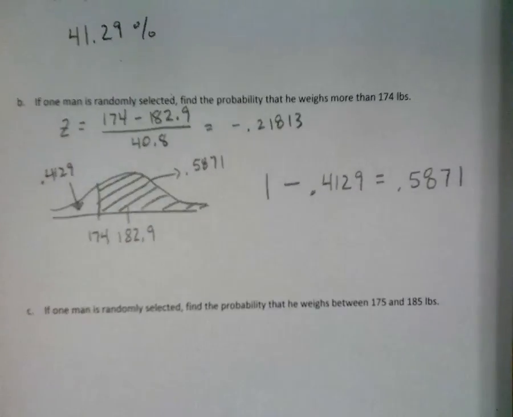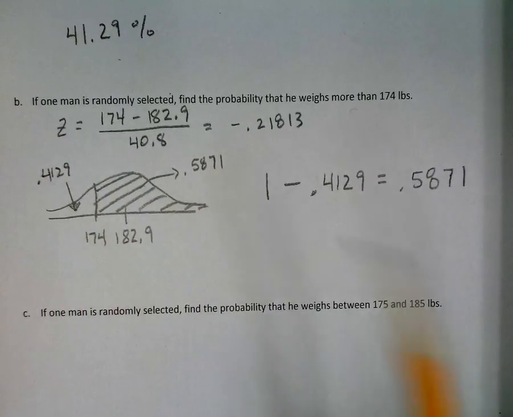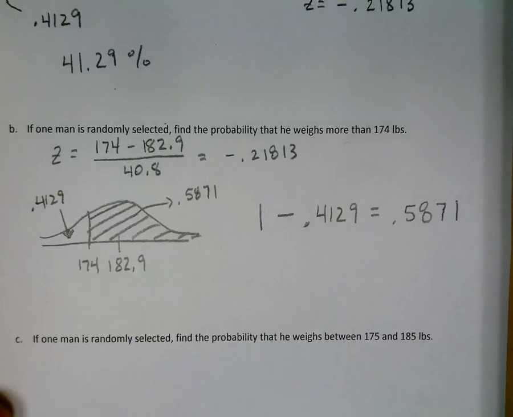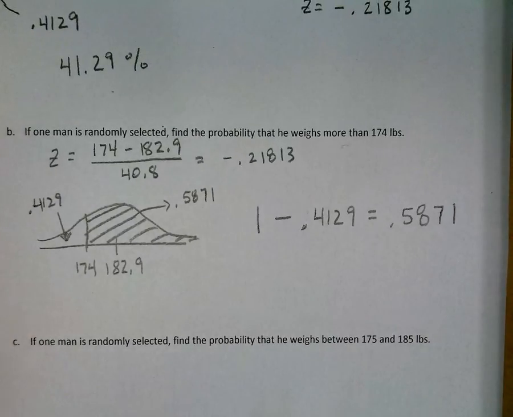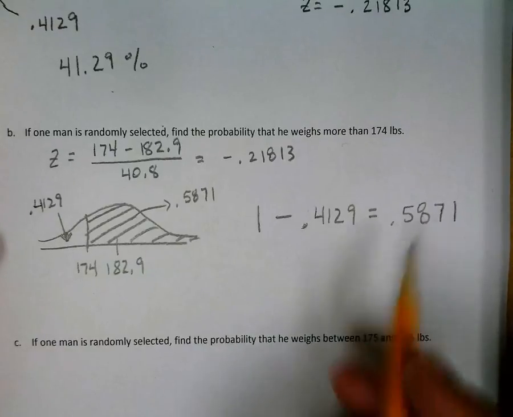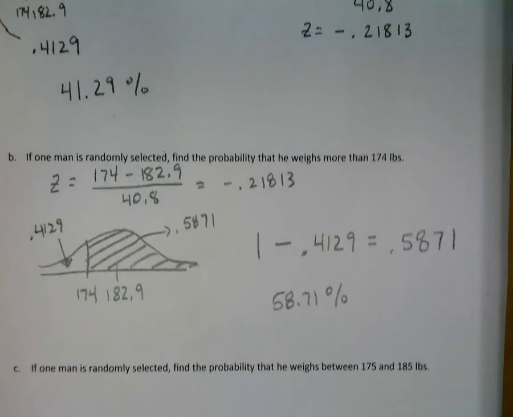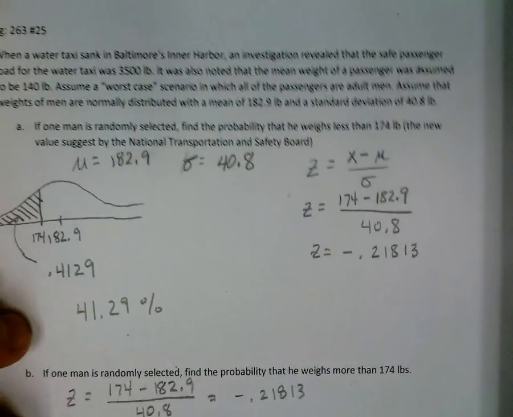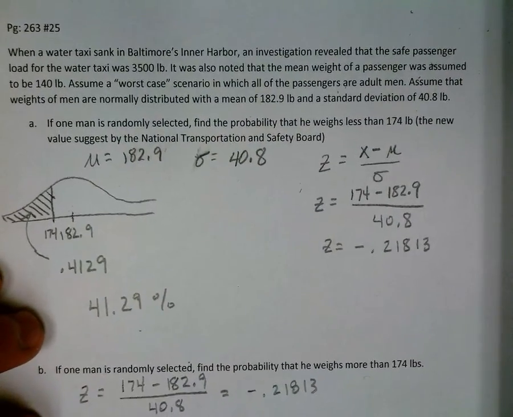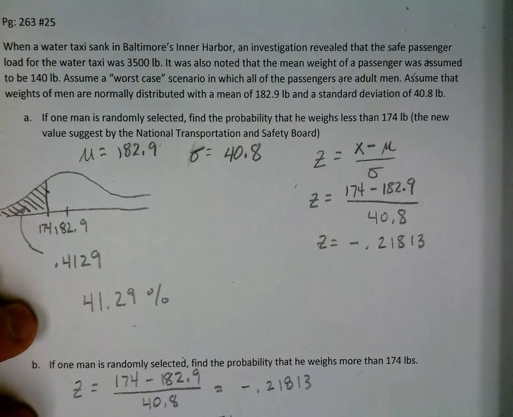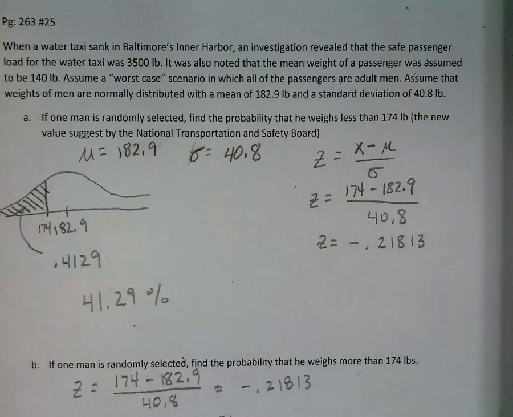So this area underneath the curve to the right is 0.5871. Of course, when we add this number and this number together, that's the entire curve, which would be equal to 1. So what that essentially tells us in the problem, and of course this would be a 58.71% chance, going back to the water taxi, is that there's no way this 140-pound estimate for the mean weight of a passenger could be accurate. That may have been the mean weight of a passenger years ago, but